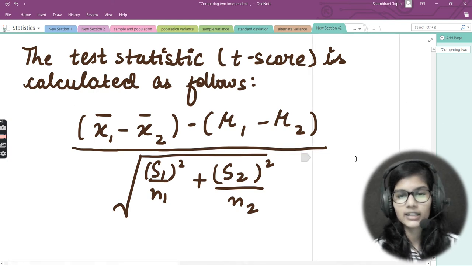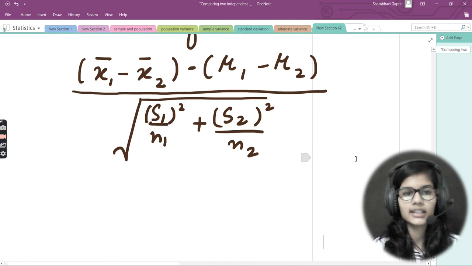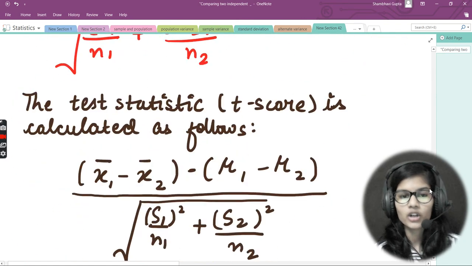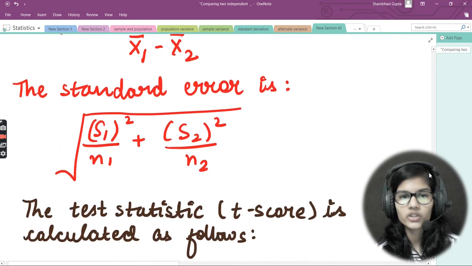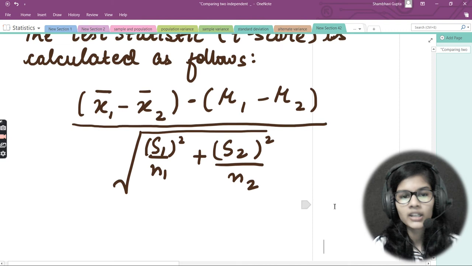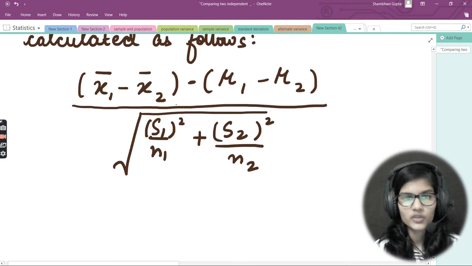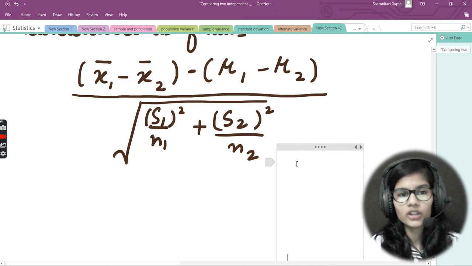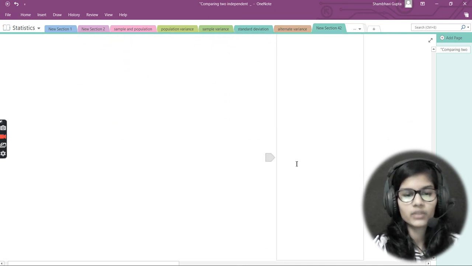Now it seems to be a slightly harder formula, but if you come and see this formula, it's not that hard. See here, what is x1 bar minus x2 bar? That is okay. We subtract from it mu1 minus mu2, and in the under root what do we put? Just let me go above. In the under root, we just put the standard error which we had already calculated. This was the formula, right? And now just match the formula which I put in the denominator. Yes, the formula is absolutely the same. There is nothing new which we are actually doing. We are simply using one new thing which is mu1 minus mu2. Right? Fine. Now I will tell what x1, x2, s1, s2 and all these things actually are. So let's start here.